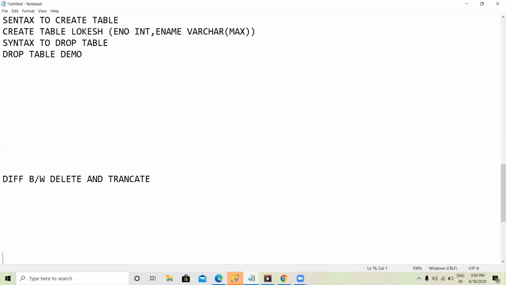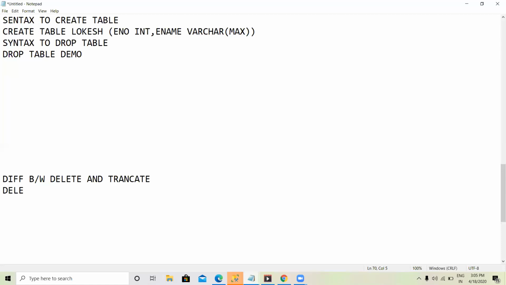Rollback means it is a process where the work can be returned back to the original position. That is nothing but a rollback. I will discuss this concept under after triggers. It will be very useful to understand. I also discussed the update query. Let us move to another topic: differences between delete and truncate.